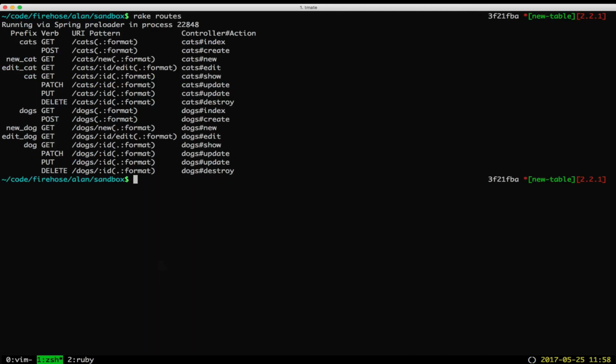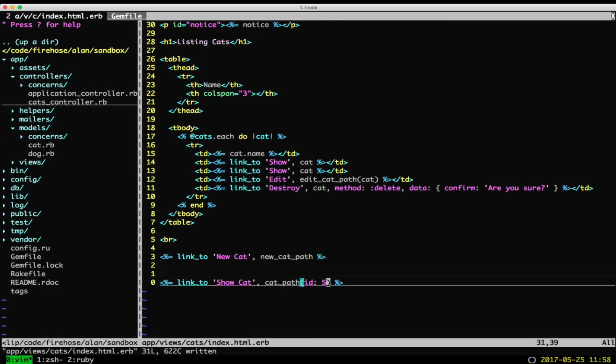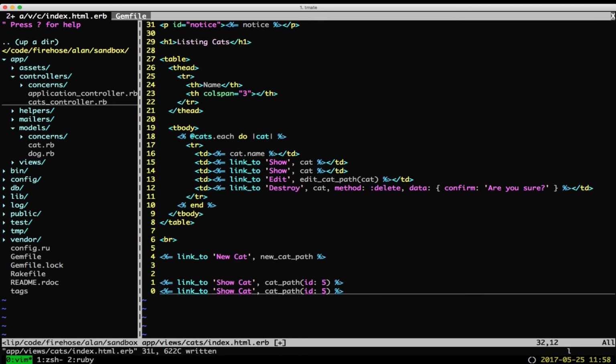Let's go look back at the routes, and you can see that that matches exactly what should be there. Cats/ID. Okay, so that's one way to link to a cat. There's many ways to link to a cat. Another way is